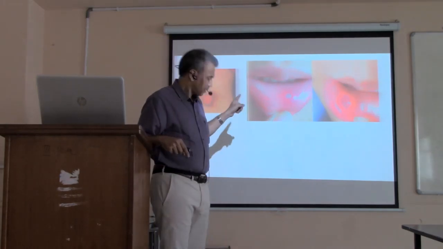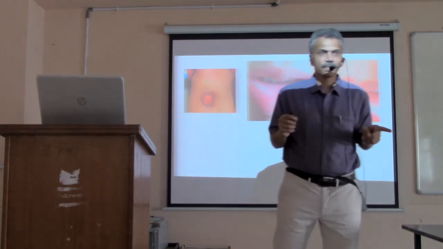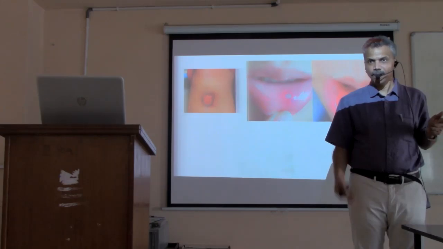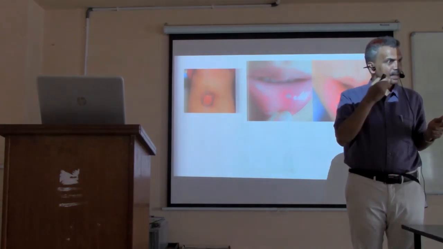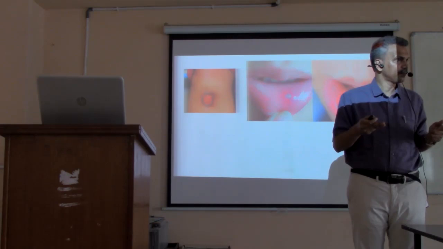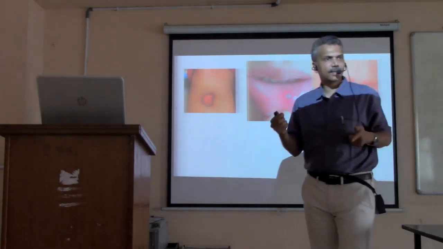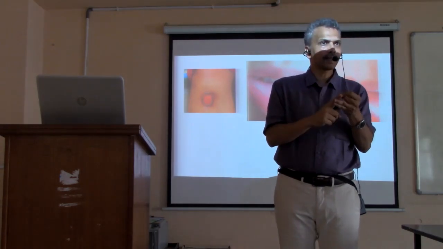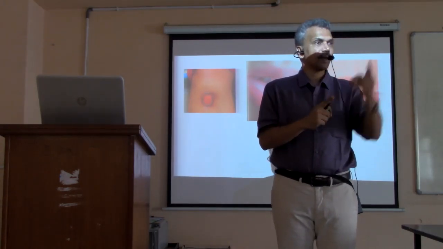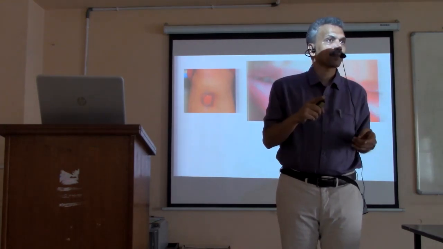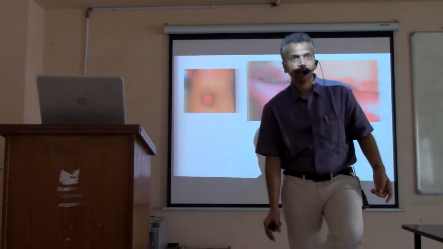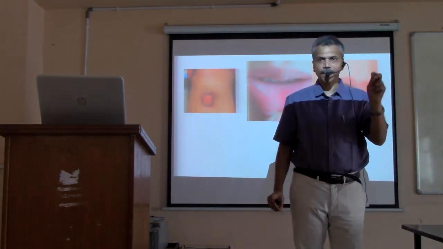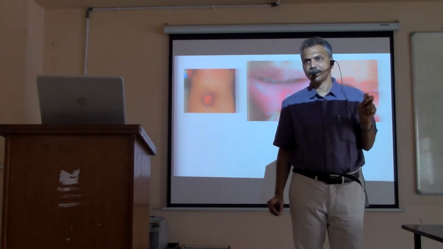So ulcers: deep ulcers, ulcers which bleed easily, varicose ulcers, non-healing ulcers, aphthous ulcers, you can think of acids. The major acids indicated for ulcers are sulfuric acid, nitric acid and carbolic acid, and you also have fluoric acid. Fluoric acid mainly for venous ulcers. Fluoric acid, burning pains better by cold application.